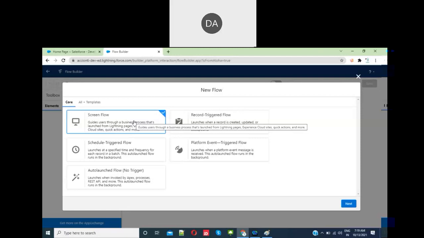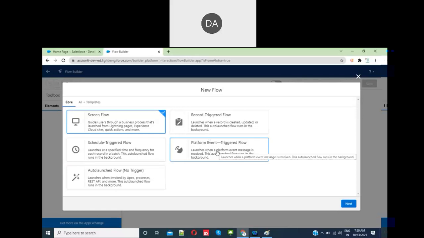There are different flows like screen flows, autolaunched flows, schedule-triggered flows, record-triggered flows, and platform event-triggered flows. All are the same kind of thing, and you can see the differences here. When it is from REST API or Apex, then an autolaunched flow is used. And platform events means when a platform event record is created, then you can